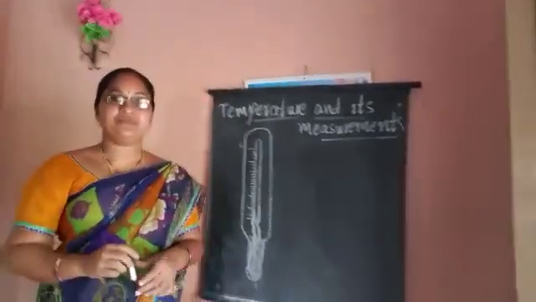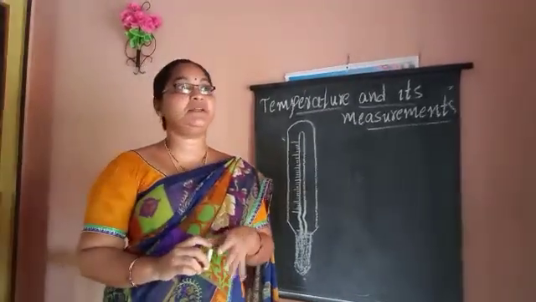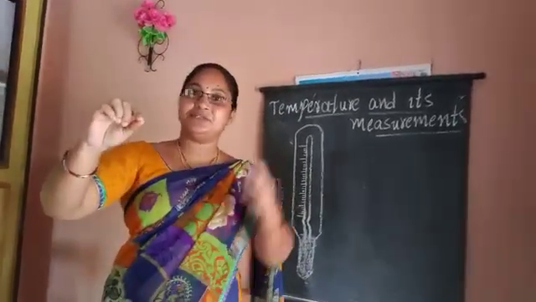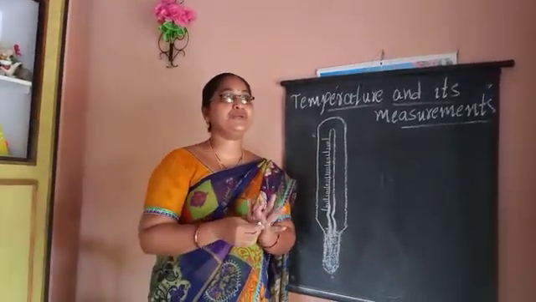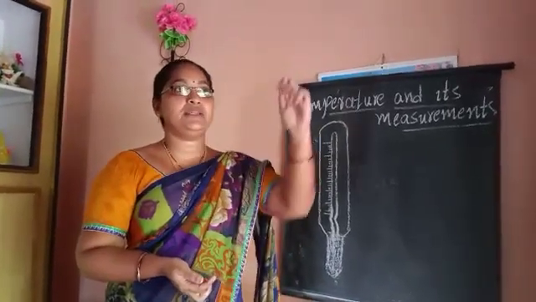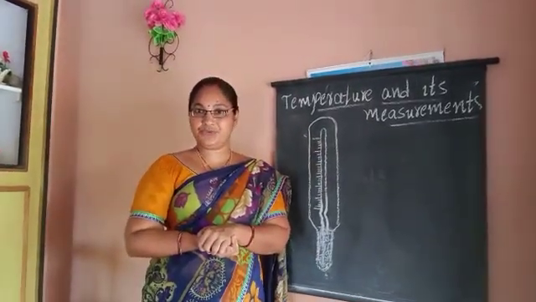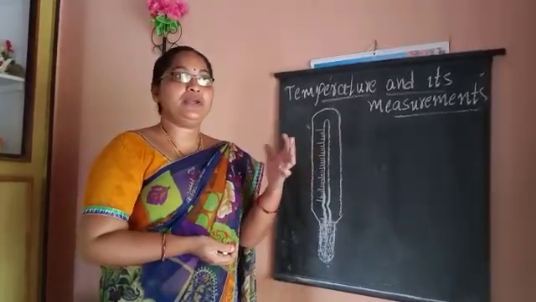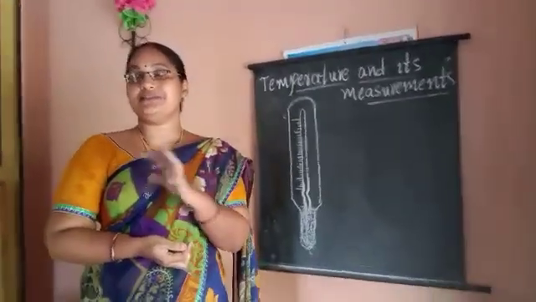Good morning, children. In the last class, we came to know about the six's maximum minimum thermometer. It is very difficult to hold the thermometer throughout a period of time to note the temperature. So, to note the different temperatures in a day, the six's maximum minimum thermometer is used. All of you learnt this in the previous class. Today we are going to see when to use the thermometer and how to use the thermometer.